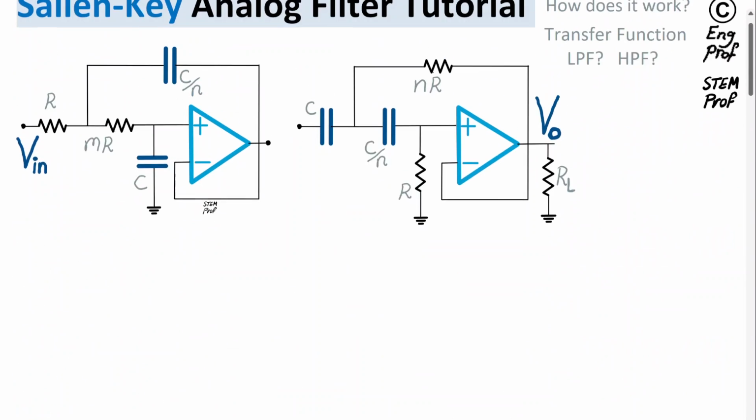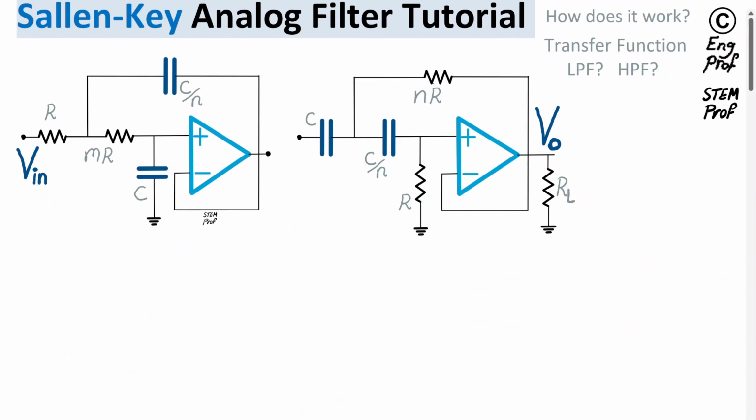So with that in mind, let's start with the general format of Sallen Key analog filter, in which we have this kind of a structure. So imagine instead of R we have just impedance Z, let's say Z1, and this one is just as is shown here is M times R. So let's refer to this as impedance M times Z1, and then we have impedance Z2, in this case a